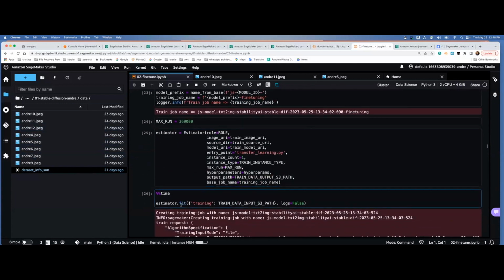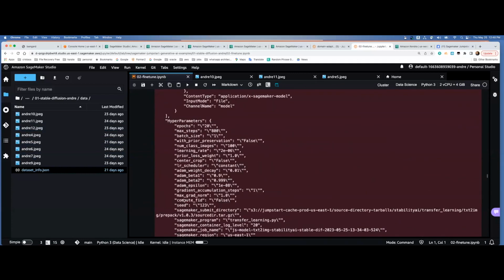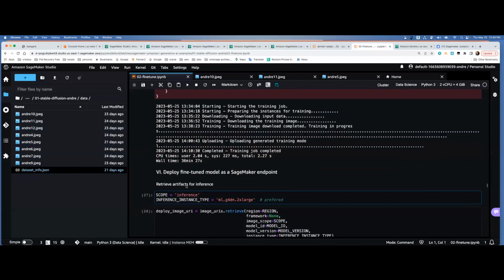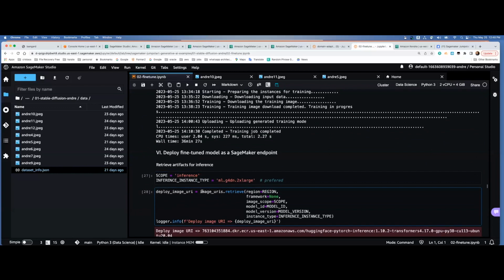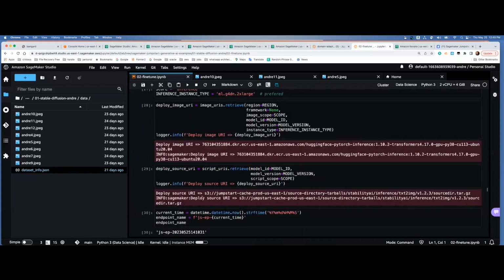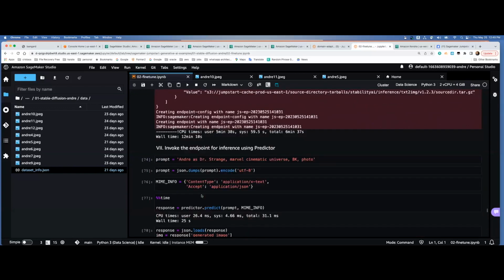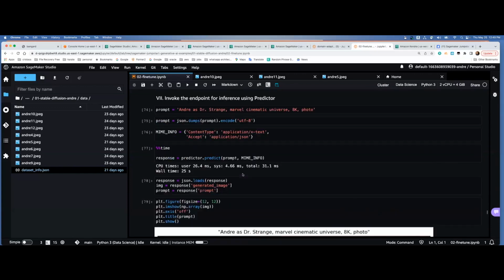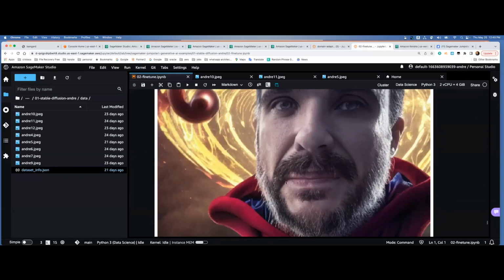And then this is a training, which is, well, you can see all the details. And now I have deployed the fine-tuned model as a SageMaker endpoint. Super simple. You're gonna see that this takes a few minutes, like 10, 12 minutes to complete. And yeah, it took me 12 minutes to deploy this. And now, if you guys look at this, you're gonna see a picture that I just generated, right, based on